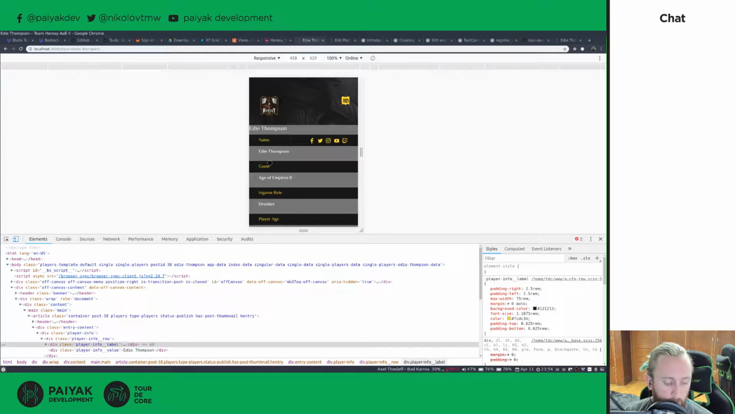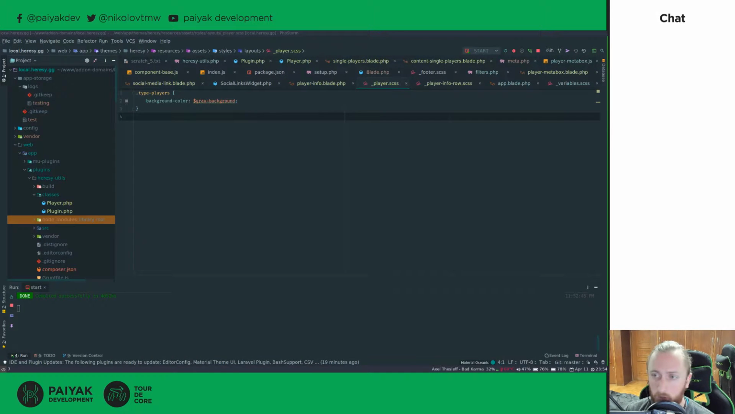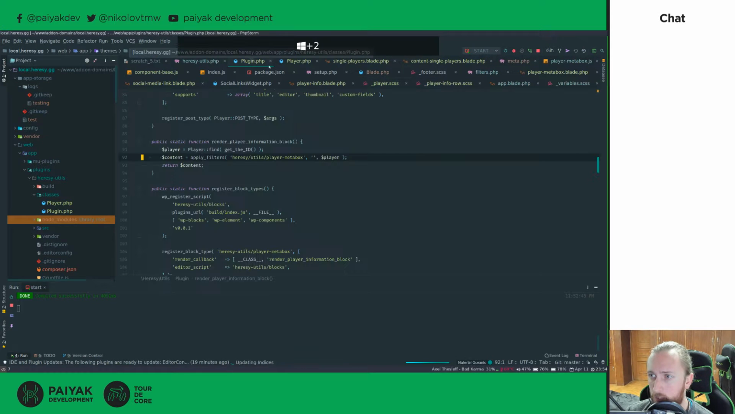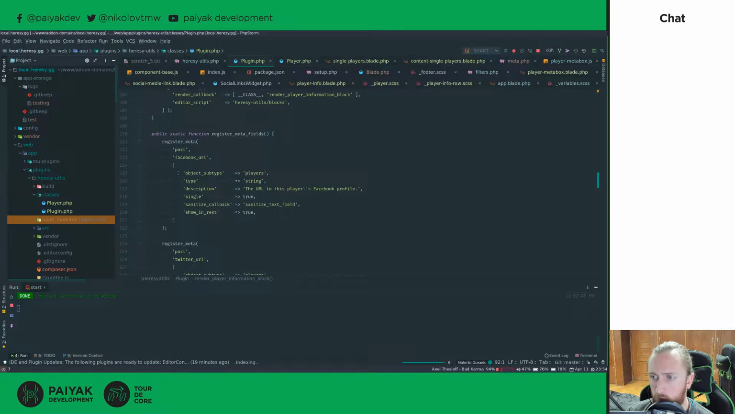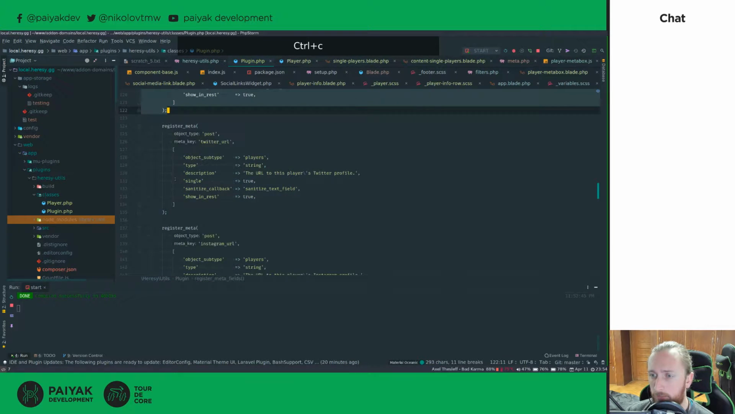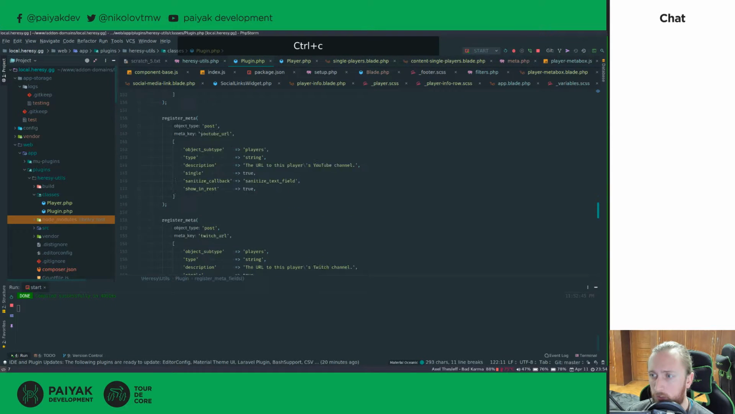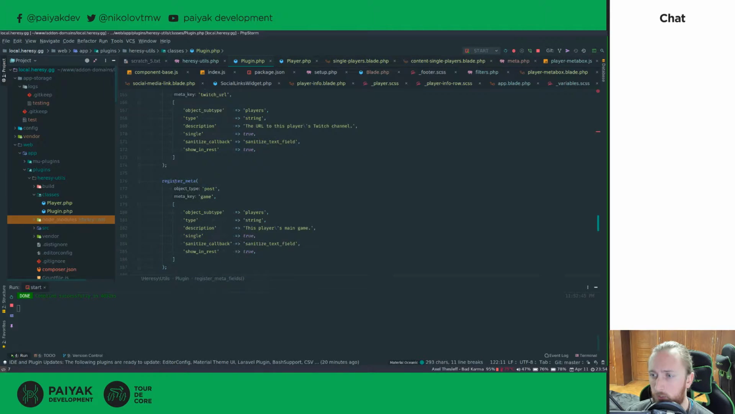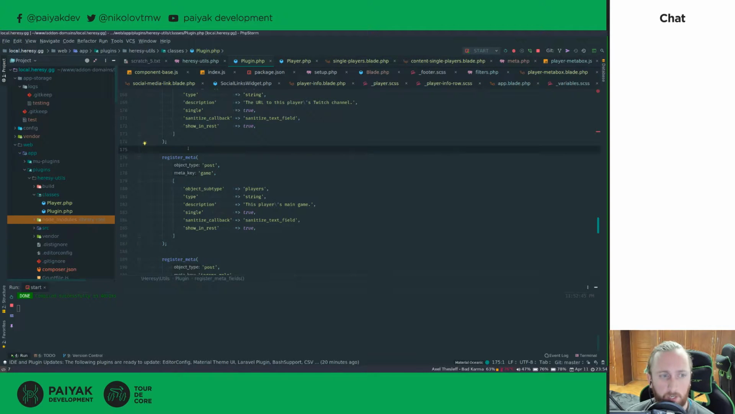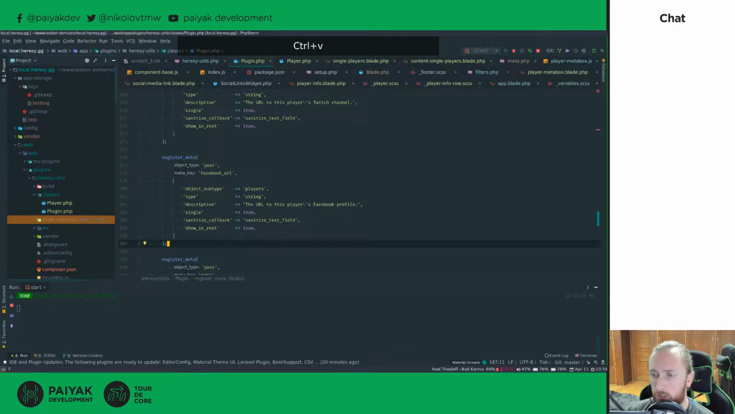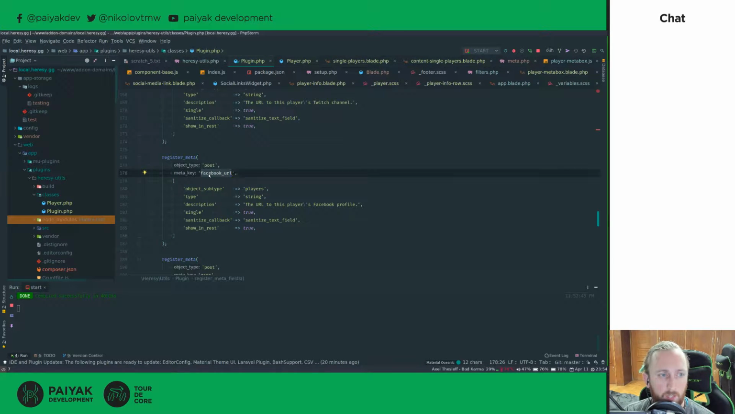So if I go back over to my code, what I'm going to have to do is the following. Let's find the code that registers the fields. Okay, so here's our register meta codes. Let's skip all of the URLs. There we go. Main game. Okay, so in here we're going to say nick,